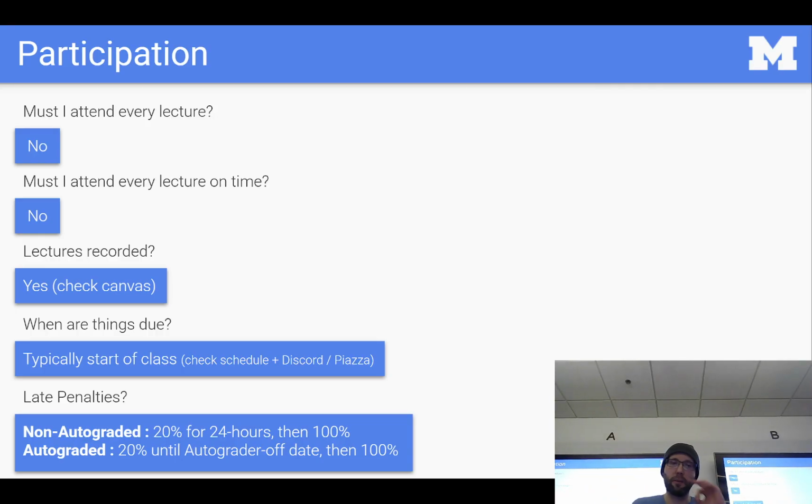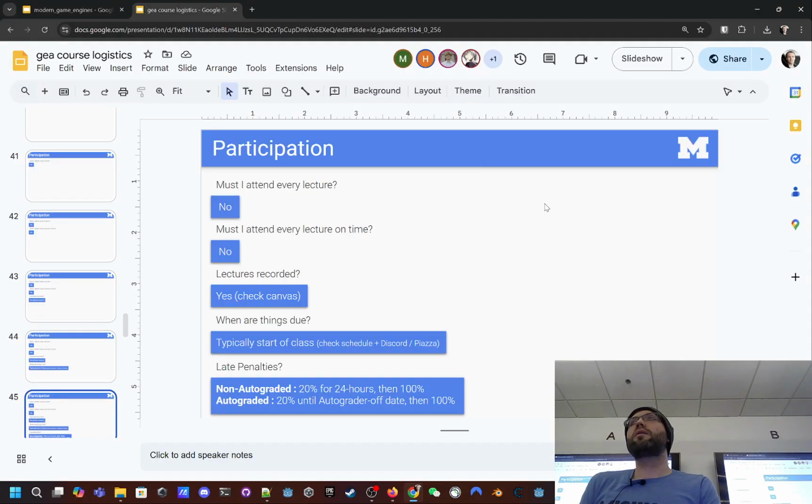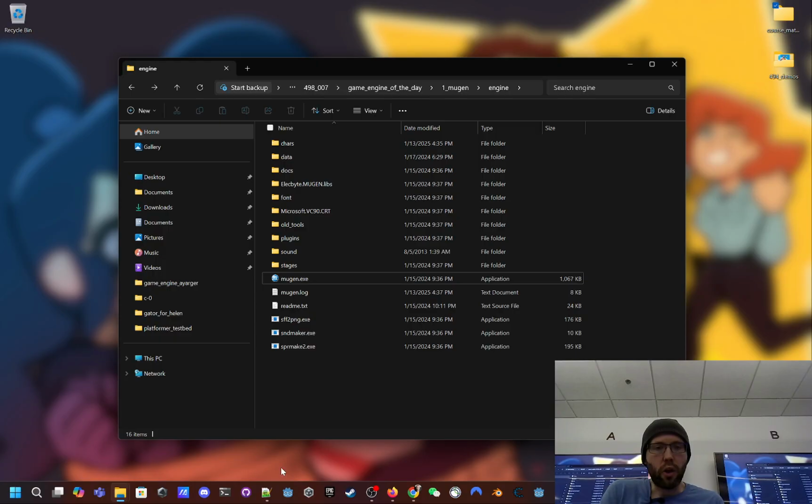Late penalties are kind of interesting. So when it comes to the autograder, the late penalty is different in this course than in 494 or 440. You can submit any autograded assignment at any time, and if you are late, you get 20% off. But if you're late 1 second versus 1 month, the autograder doesn't care, okay? And so